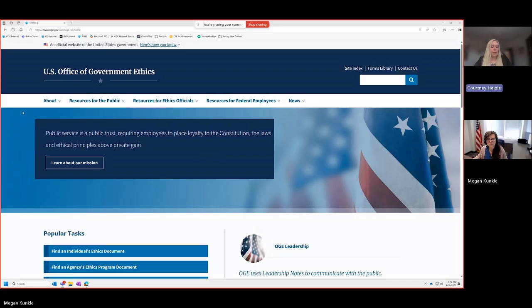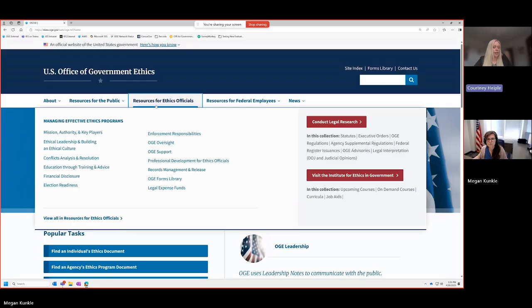You can see from the homepage that OG has multiple tabs at the top to assist you in your search for resources. To help reduce the number of clicks it takes to access content, you can see all the subpages contained in each tab by simply clicking on it. For purposes of today's demo, we're going to focus on the tabs Resources for Ethics Officials and Resources for Federal